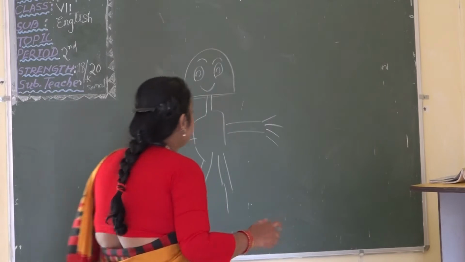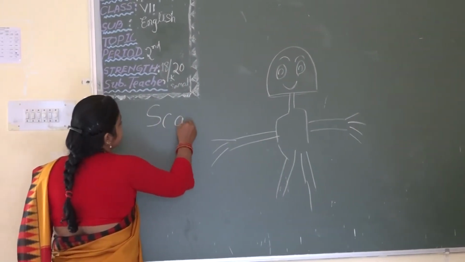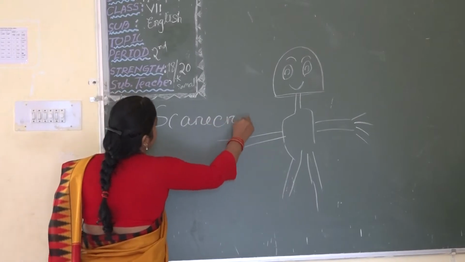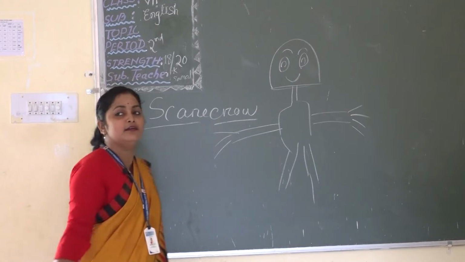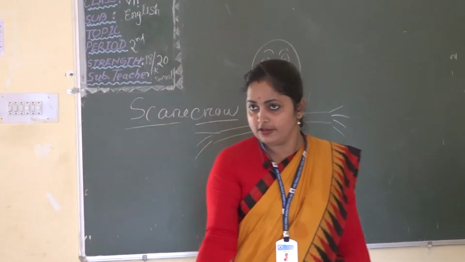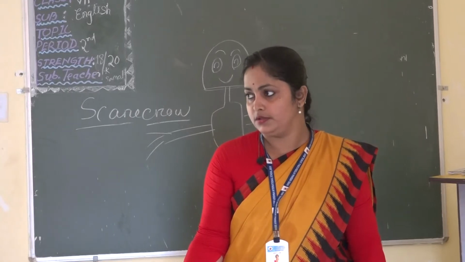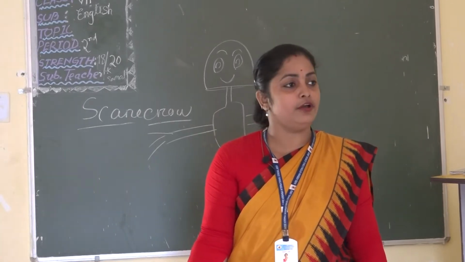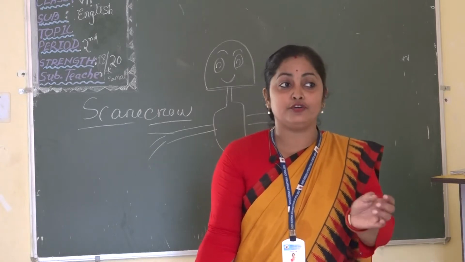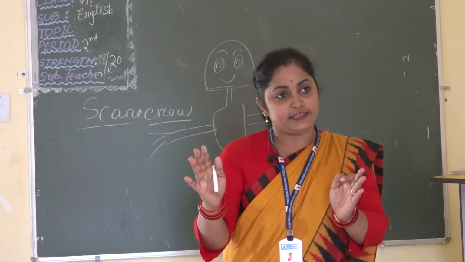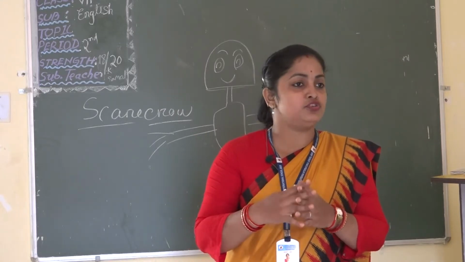If you concentrate on the word, it is scare and crow. Two words are joined to make a single word. Scare means to have fear of something. So scarecrow: to scare the crow, these statues are there. So these are known as scarecrows. It is mostly used by